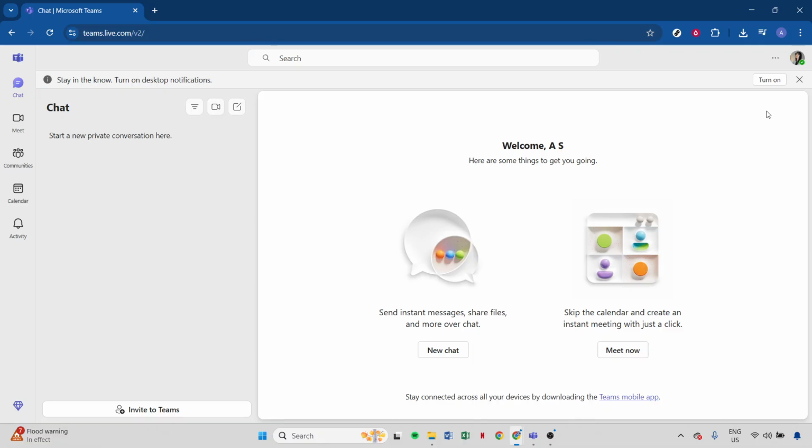Direct your attention to the upper right corner of the screen. Here, you'll spot your current profile picture prominently displayed. Go ahead and click on it. You'll notice a small pop-up window appearing below your picture, providing you with additional options. Don't hesitate and click on your profile picture once more because that's going to bring us to the crucial part